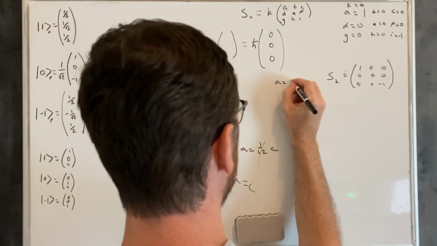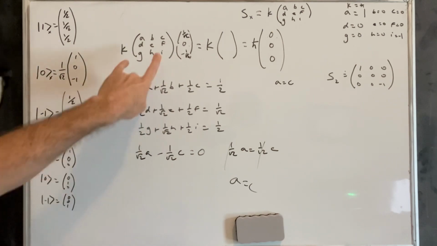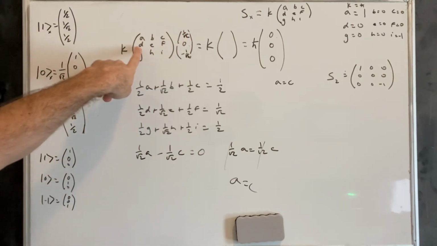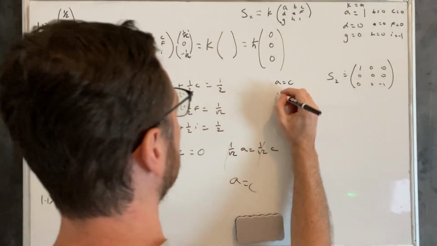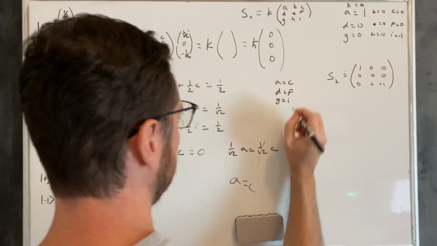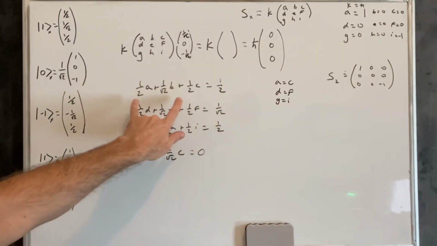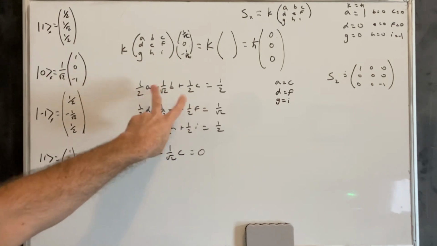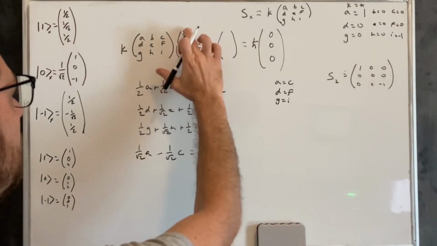So a equals c. Because we did that for this, we can see that the other ones, that's going to happen also. Because 1 over root 2d minus 1 over root 2f. So we also can see that d equals f and g equals I. So that's going to help us. Not quite enough information, so we see that a and c are equal, but we're still left with 2 variables. So let's go ahead and do